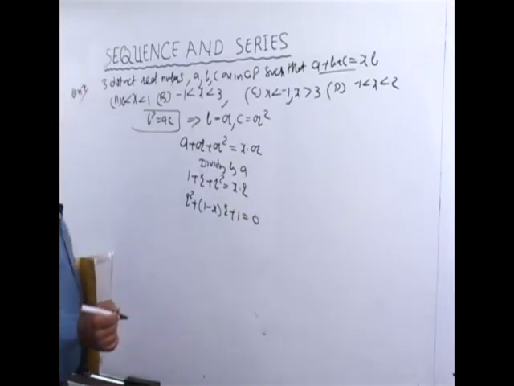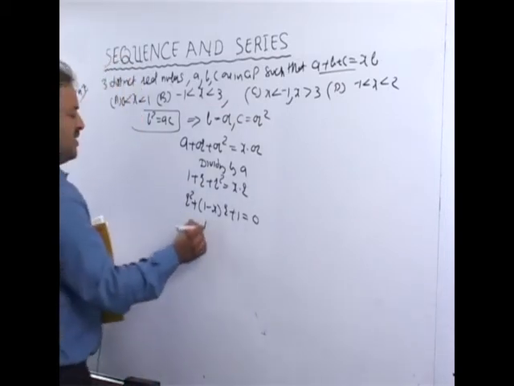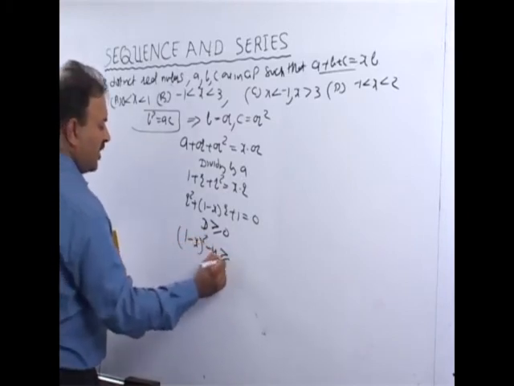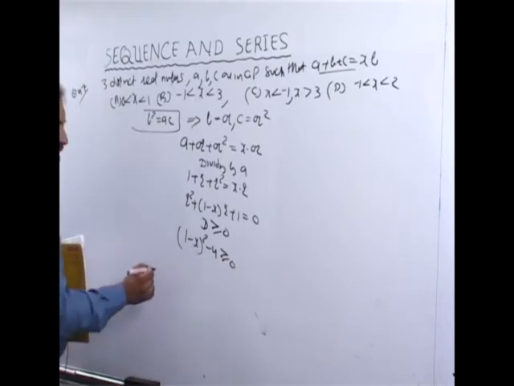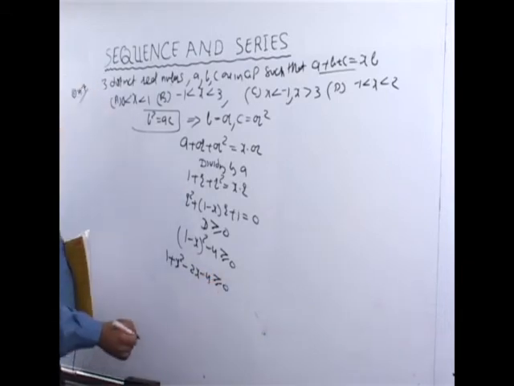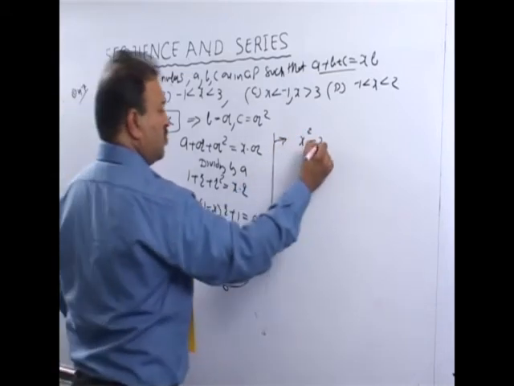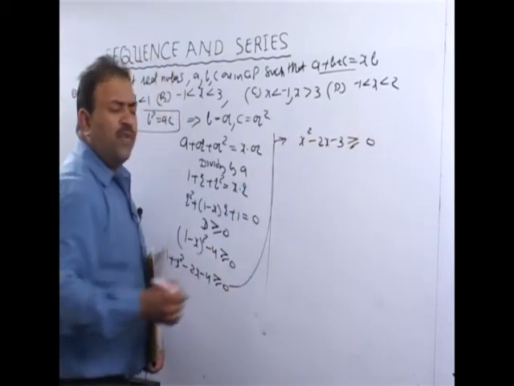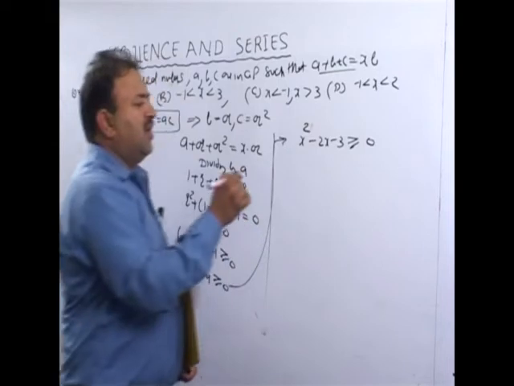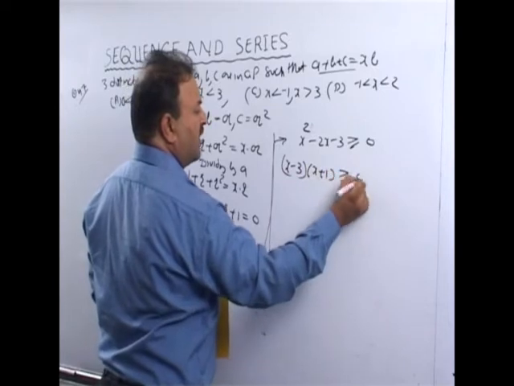This comes out to be R square plus 1 minus X into R plus 1 is equal to 0. We know that it comes out to be GP. The common ratio is always real. That means what? It is D greater than equal to 0. It is 1 minus X the whole square minus 4 greater than equal to 0. Now solving this thing, I got it what? 1 plus X square minus 2X minus 4 greater than equal to 0. I reach it over here. It is X square minus 2X minus 3 greater than 0. काफ़ी क्वेश्चन हमने इनइक्वालिटी के बेस पे किए हैं. अगेन ट्राई टू कीप ऑन अंडरस्टैंडिंग इट. इफ concepts are not clear, I can write down x square minus 3x plus 1 greater than equal to 0.